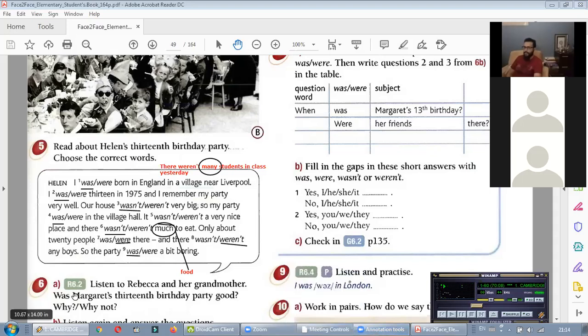Okay. So here it says, was Margaret's 13th birthday party good? Was it a good party? Why? Why not? Because Helen's 13th